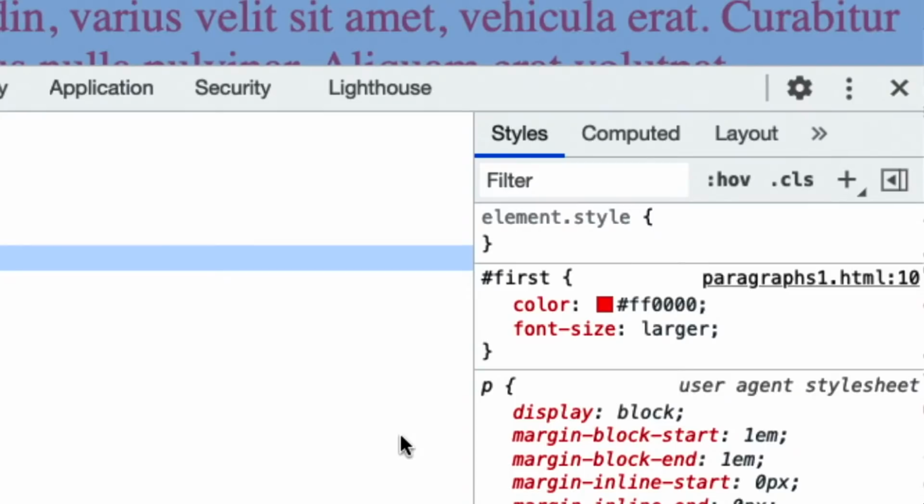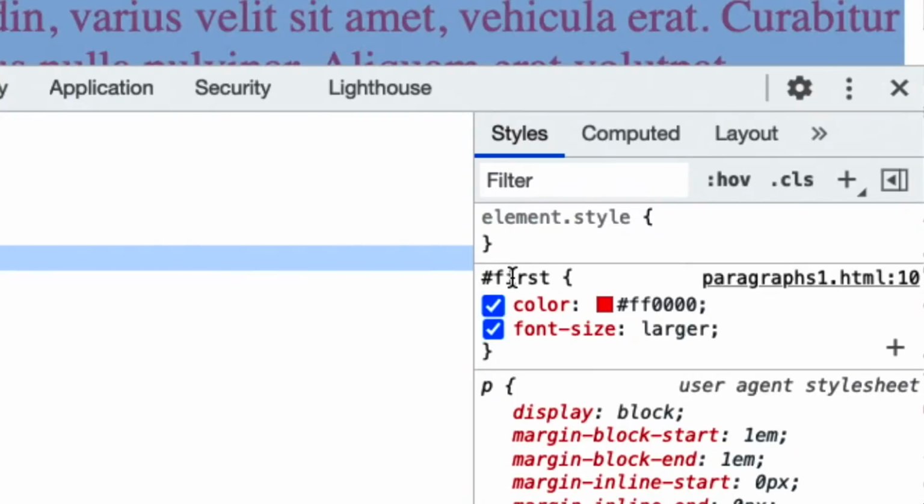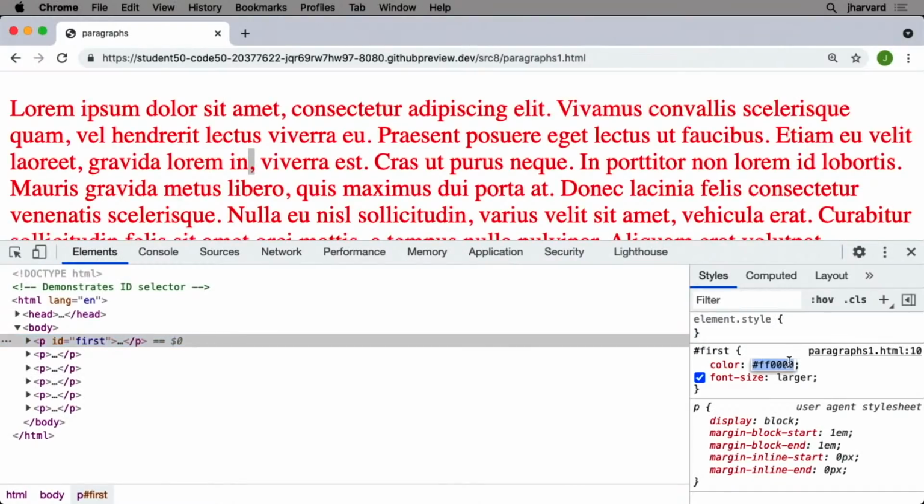Some of them are built in. The italicized ones here at the bottom mean user agent style sheet. That means this is what Google makes all paragraphs look like by default. But in non-italicized here, you see hash first, which is my code that I just changed. And if I want to start tinkering with colors, I can do like 0000FF, enter. I changed it to